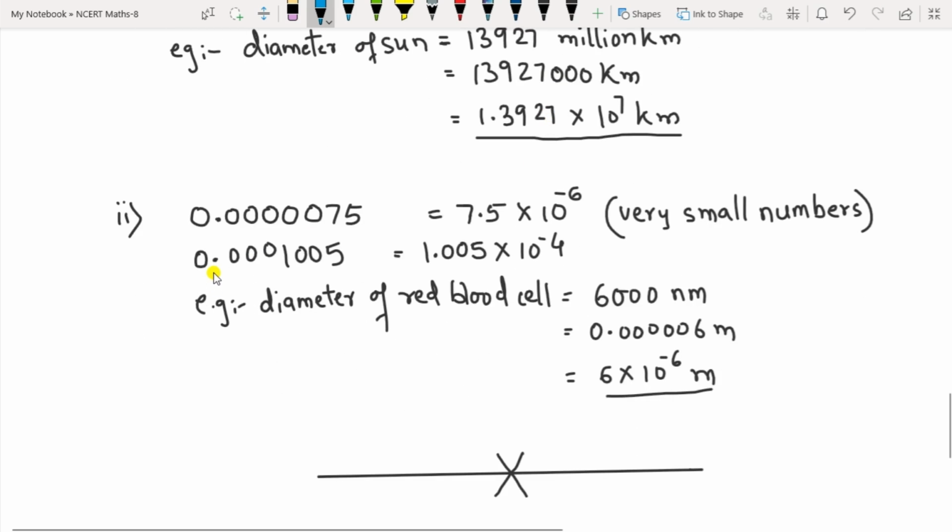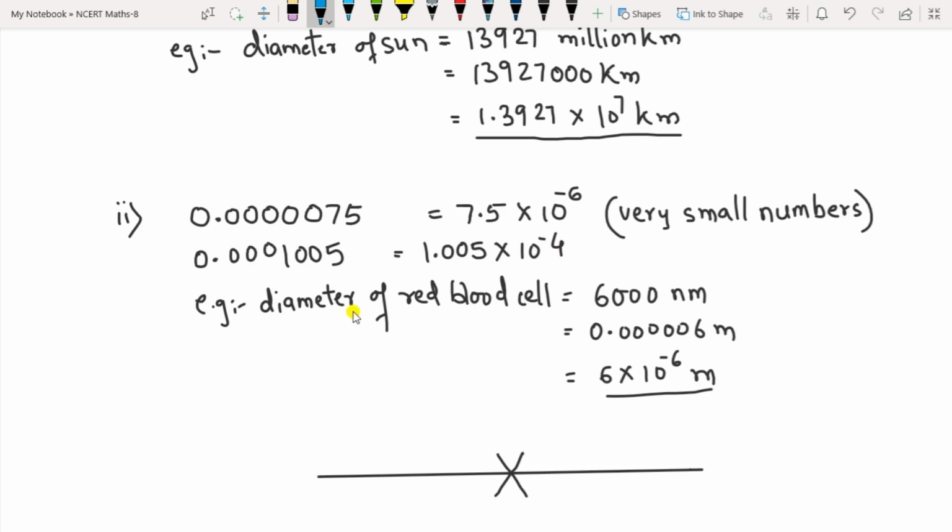Now see this example: 0.000105. Okay. Now here you have to put the decimal after 1. Though after 1 there are 00, those 00 become significant because they come after 1, which is the significant figure. But before 1 the 00 are there only as placeholders after the decimal, so you don't have to count them. After 1 you can put the decimal. So it is 1.05 into 10 raised to minus 4.